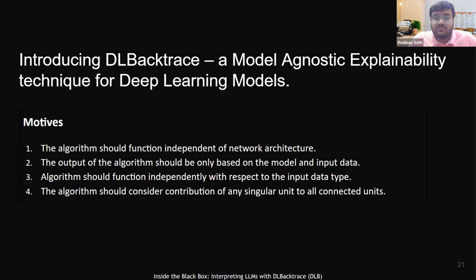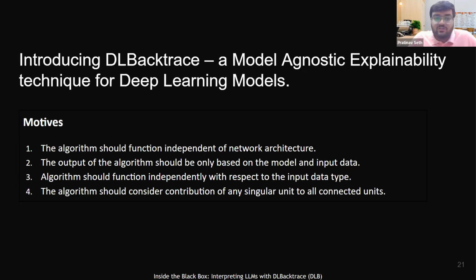Why did we come up with this, given that LRP already exists? We wanted something extensible that doesn't depend on rules. In LRP, you have certain rules based on which all the computation is done. Our method comes up with a single rule which can be applied to all layers and is quite stable.